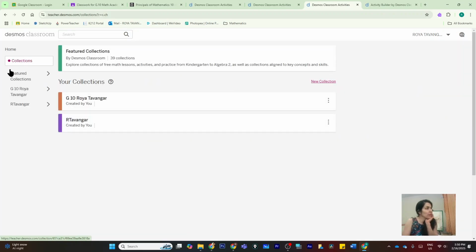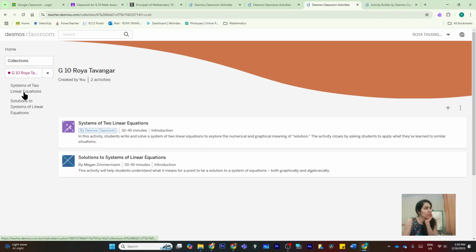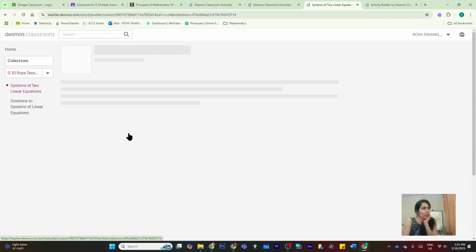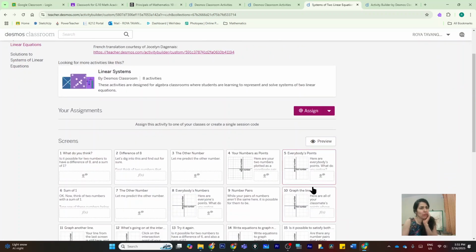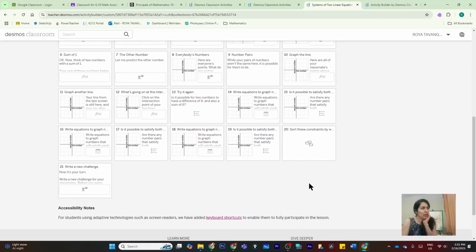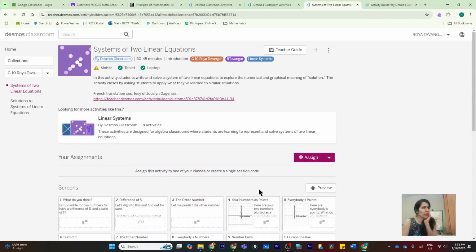Let's go to collection again one more time. Here I have collected 2 games, and this one I showed you in preview. You can see it's 21 pages. Maybe it's too long. I want to edit that. I want to cut, or you can copy and edit. Press on this 3 dot, copy and edit,